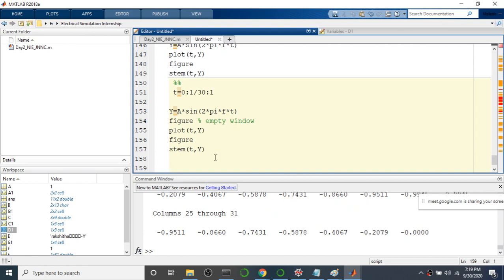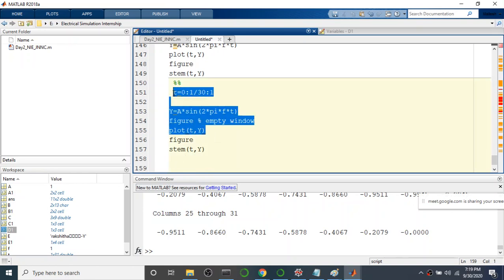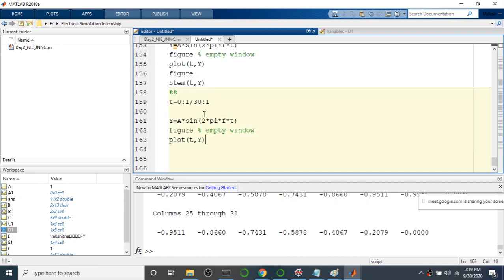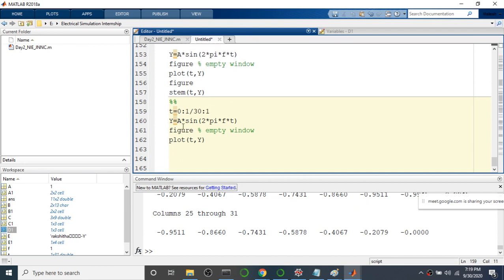So that's it about the simple plots. Now we'll see the variations in the plots, like how to plot, for example, this signal with various color options and all. I can do that. This is for creating a new figure window. Let me do that: clc, clear, close all, to close all the figure windows.